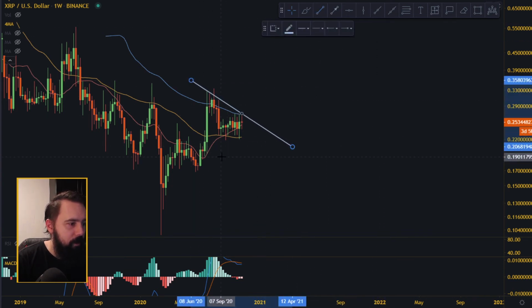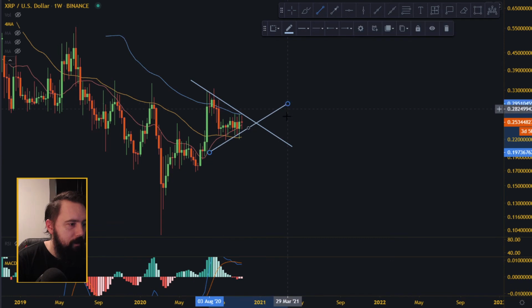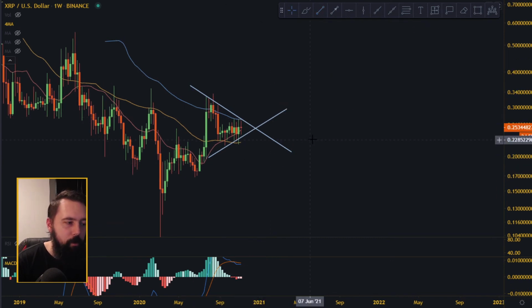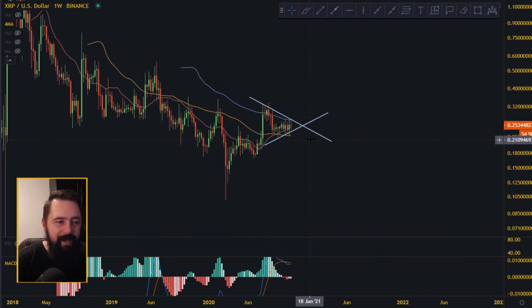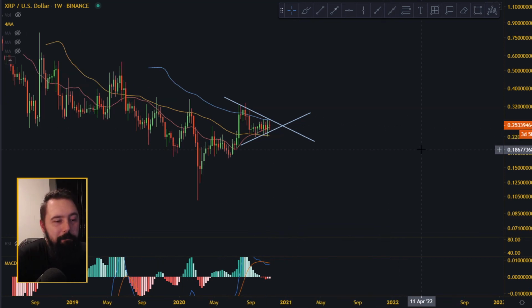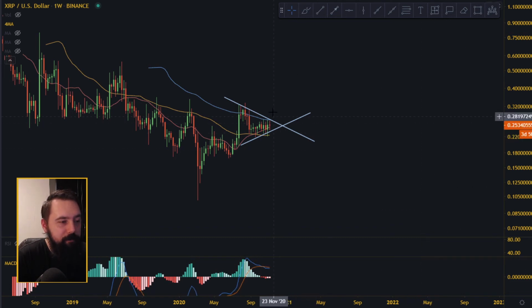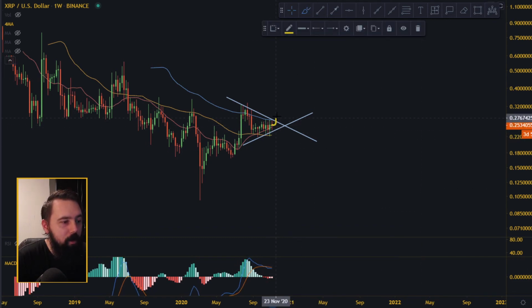I'll just draw it quick here. Some kind of triangle that needs to pop out of, right? It's finished with the wedge, so wedge is out of the picture now. We are in sideways movement, we know that. Assuming there is no Corona dump number 2, I believe that this should actually go on the upside from here. It's gonna go above the 100 and then upside.